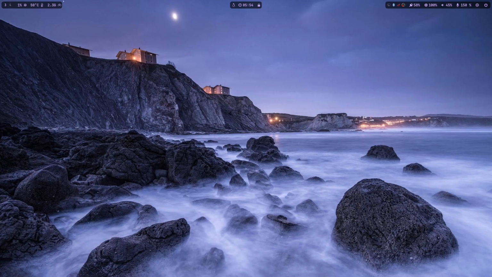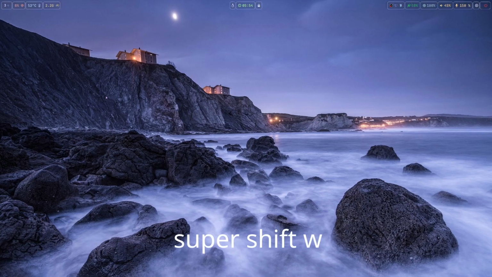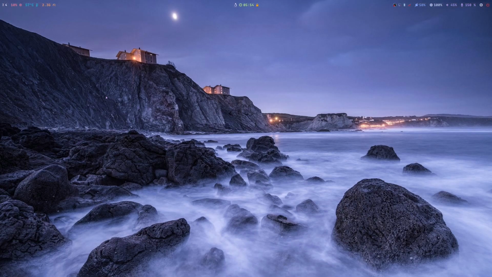And then the Waybar styles. There are, I think, 5 or 6 Waybar styles, so you can change them. Super Shift W will change the style. Super Shift W again to get what you want. And then if you don't want the top and bottom Waybar styles, I had made some